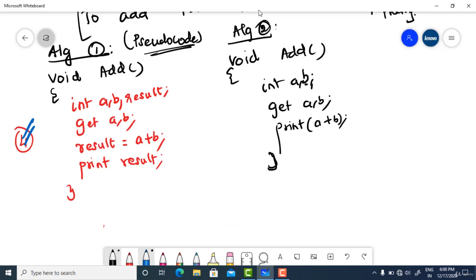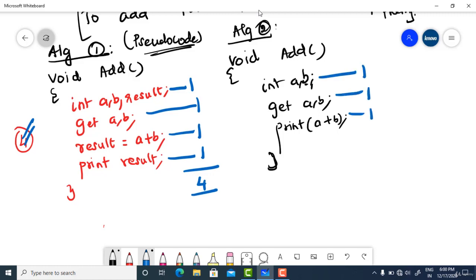So what is the time taken by this algorithm? Very simple, right? This statement will take 1 unit time, this statement will take 1 unit, again 1 unit, again 1 unit. This total algorithm will take 4 units of time. It may be 4 microseconds or 4 milliseconds, but 4 units of time. All right, go for this algorithm. It will take 1 unit, 1 unit, and 1 unit. It will take only 3 units of time. One statement is not needed here, that's the assignment statement. So it will take only 3 units of time.